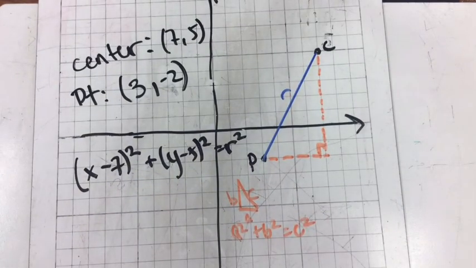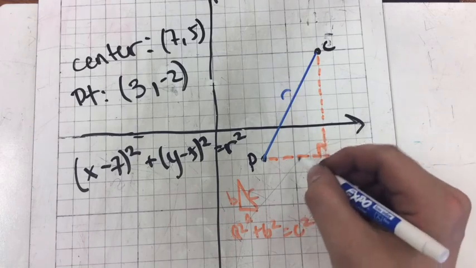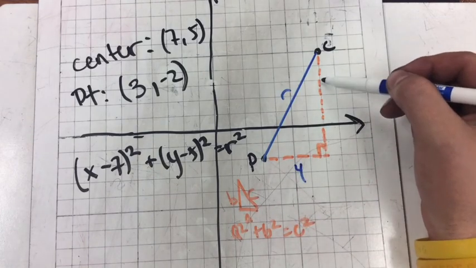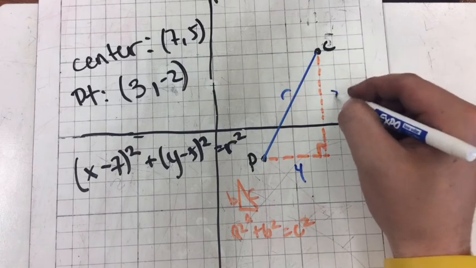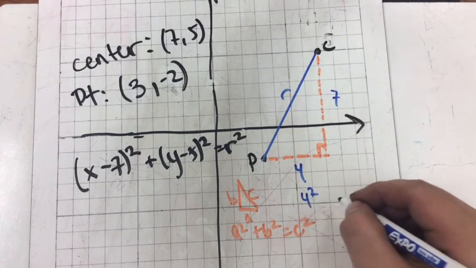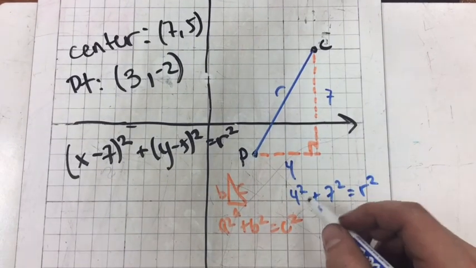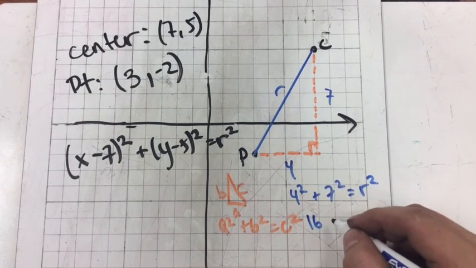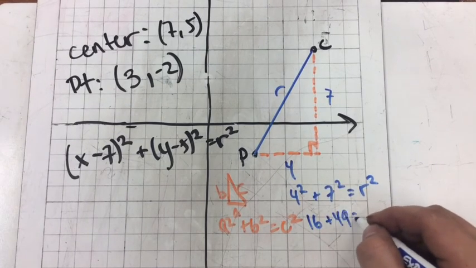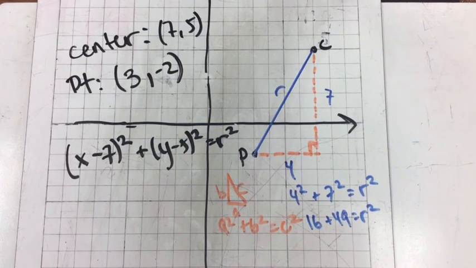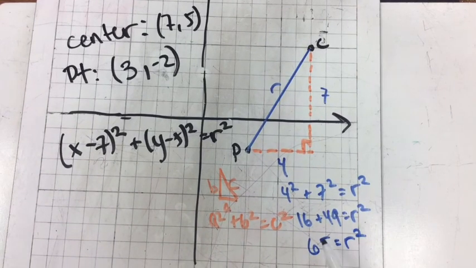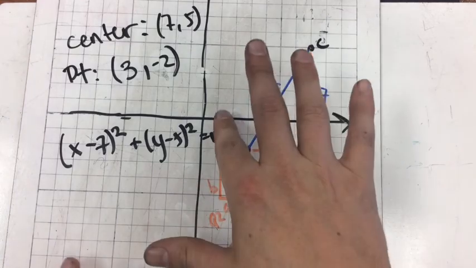So what we're going to do here is say 1, 2, 3, 4. This is a 4 by 1, 2, 3, 4, 5, 6, 7. We're going to say that 4 squared plus 7 squared equals r squared, and we're going to solve for r now. So 4 squared is 16, and 7 squared is 49, equals r squared. Let's add this up now. This is going to give us 65 equals r squared. Now, r squared is what's going to go up in the equation, so we can erase this and put